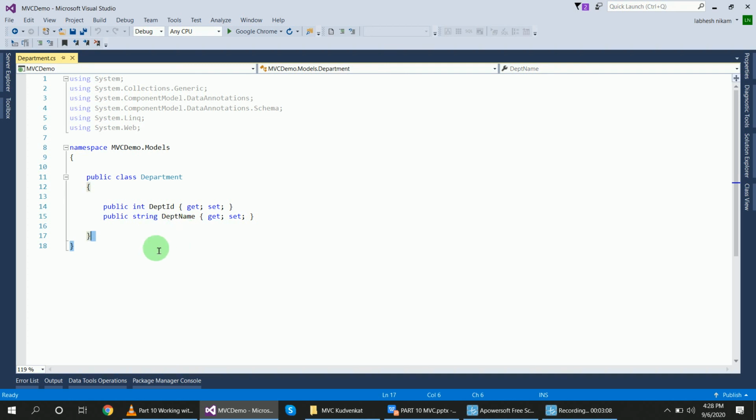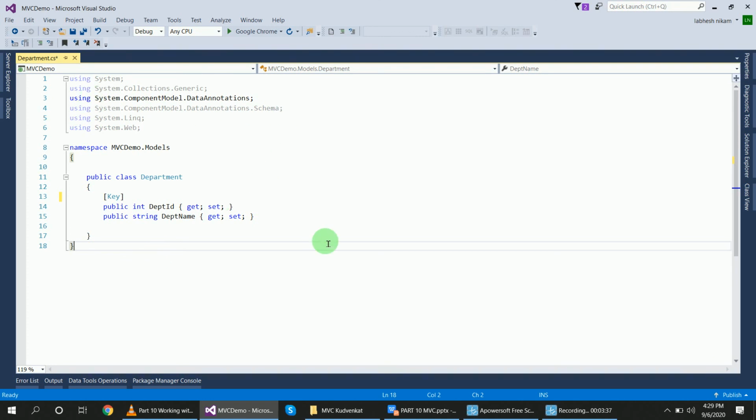An integer department ID and a string department name. And I will give here the Key attribute, because this department ID is a primary key and will be used in the users table. I have declared it here, and this Key uses the namespace System.ComponentModel.DataAnnotations, which I have already defined, so you cannot see it.